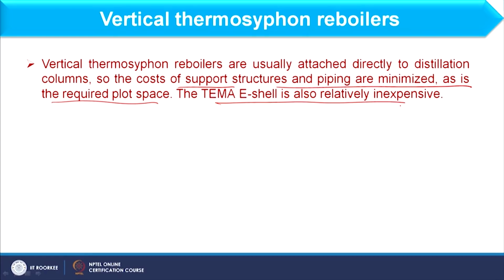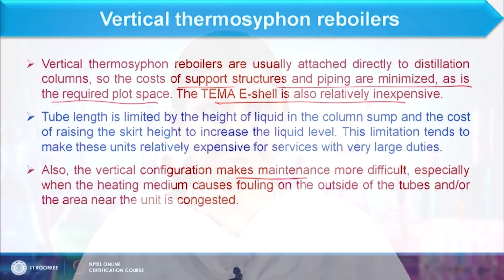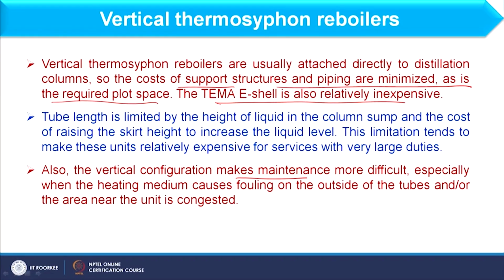So, vertical thermosiphon reboiler capital investment is not significant because we provide support with the distillation column and we use TEMA E shell, which is the cheapest type of shell. Okay. However, if I consider vertical configuration, maintenance is not easy in that case, because it is placed vertically,